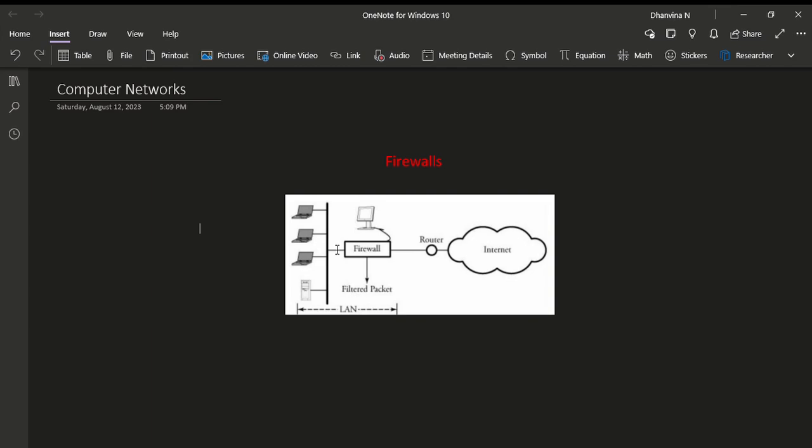Some data is very confidential or will be passing constantly, so it should be a secured line. At that place a firewall will be placed so that the constantly running traffic should not be breached.